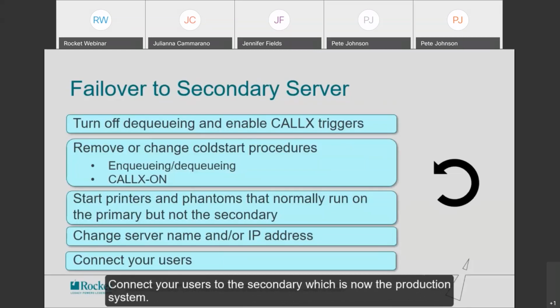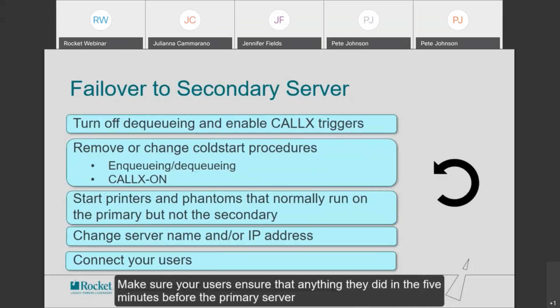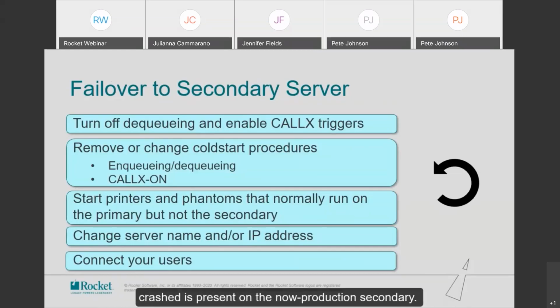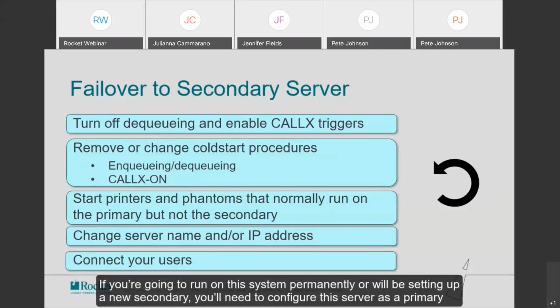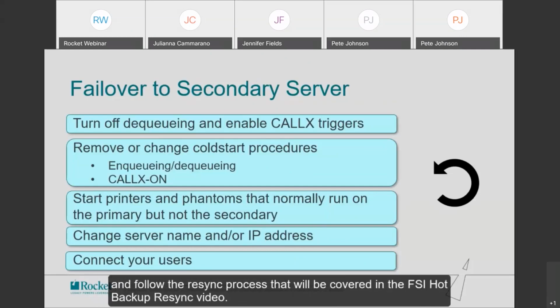Connect your users to the secondary, which is now the production system. Make sure your users ensure that everything they did in the 5 minutes before the primary server crashed is present on the now production secondary. If you're going to run this system permanently or will be setting up a new secondary, you'll need to configure the server as a primary and follow the resync process that will be covered in the FSI Hot Backup Resync